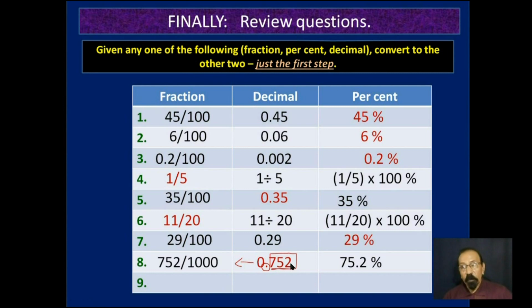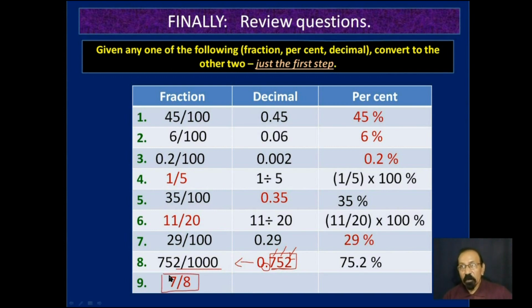That is one way. Or you can say this 7 is in the 1/10th position, this 5 is in the 100th position, this 2, which is a digit on the far right, is in the 1000th position. So it is 752 over 1000. Either way, you are correct. Finally,